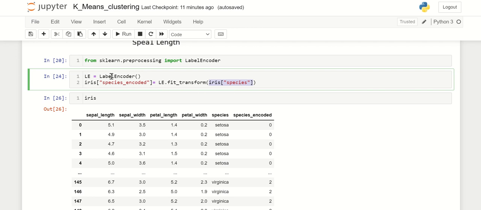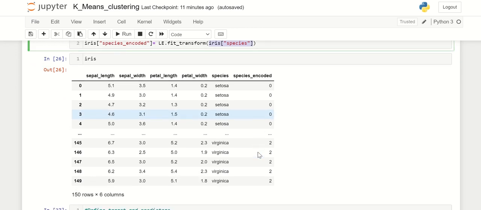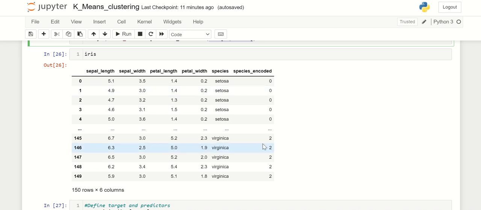Then we'll use the label encoder that we have imported from the sklearn preprocessing library, and with its help we will fit transform the variable into our new variable. The new variable, species encoded, has been generated, and it will look something similar to this.